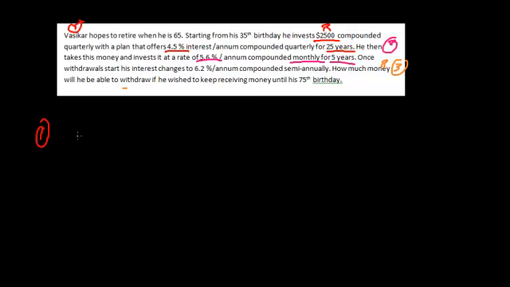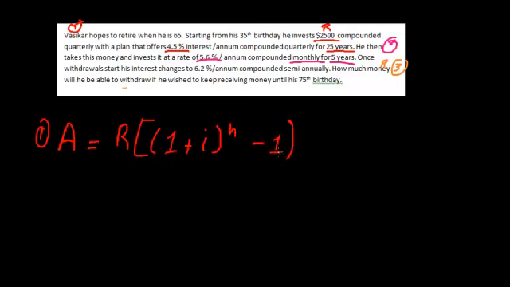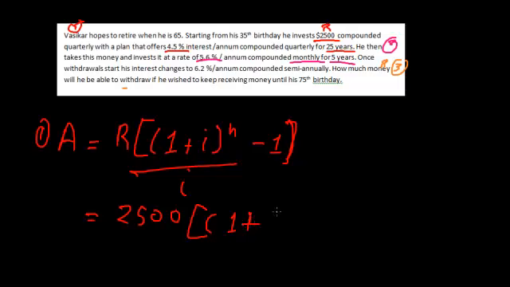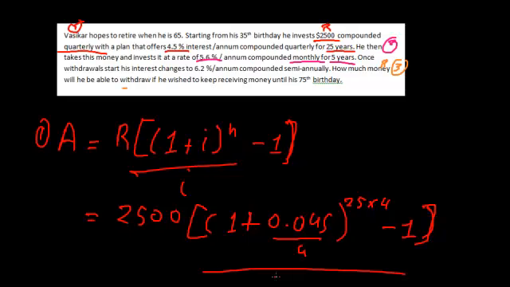So this is an annuity question. So the amount is equal to R, I'll just write the formula first: R into 1 plus I to the power of n minus 1 over I. This is equal to $2,500 into 1 plus 0.045 divided by, because it's quarterly, it's divided by 4, to the power of n, which is 25 times 4, which is 100, minus 1, all over I,